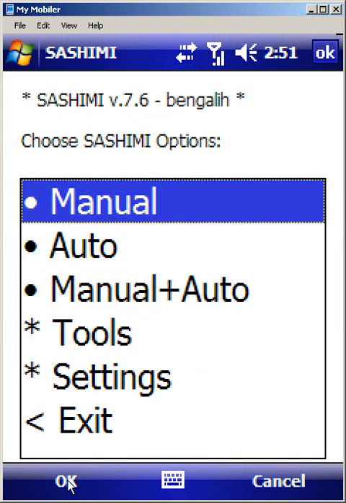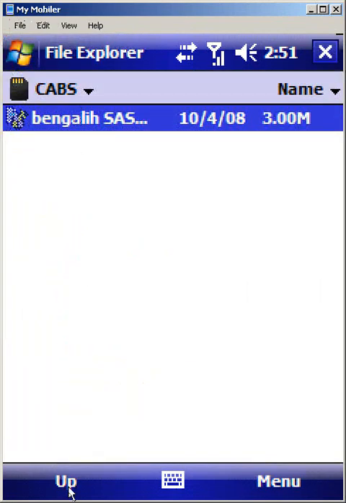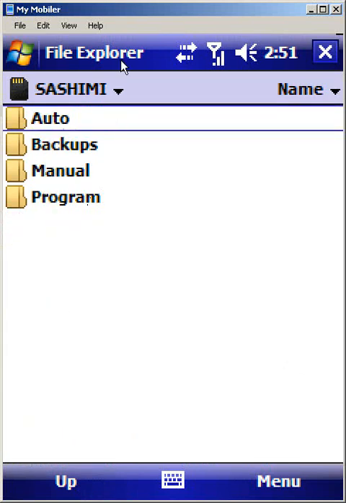So before we go ahead and use Sashimi, we need to set up its directories. Let's go back to the storage card and see that it's created the Sashimi directory. And in the Sashimi directory, if we want to set this up for an auto install, what we need to